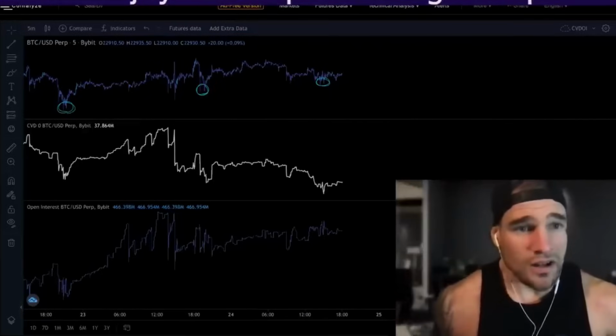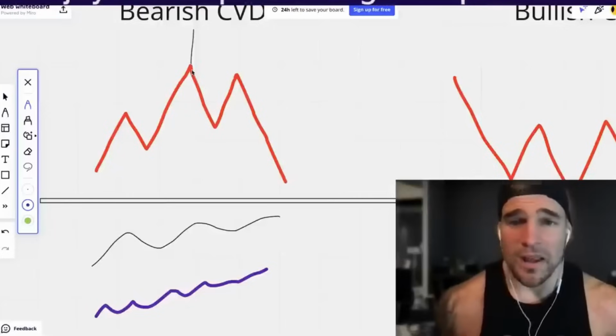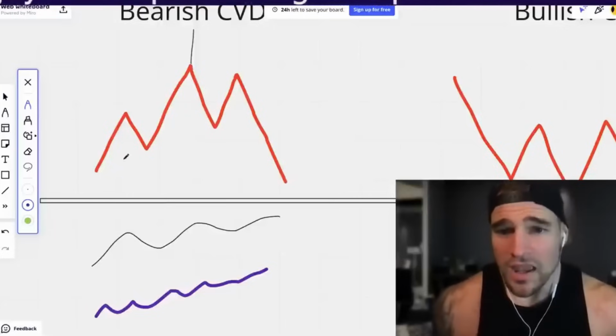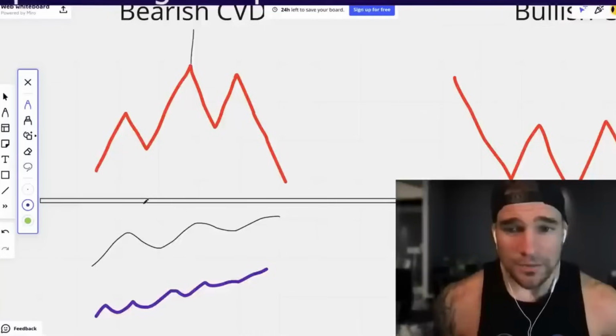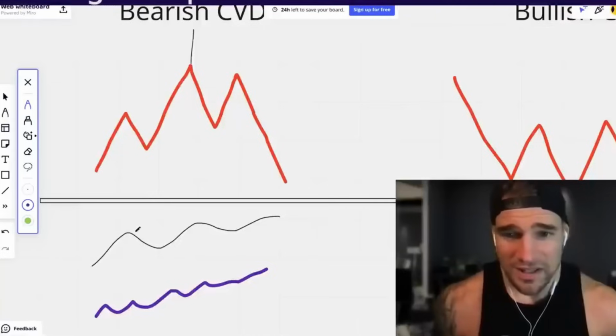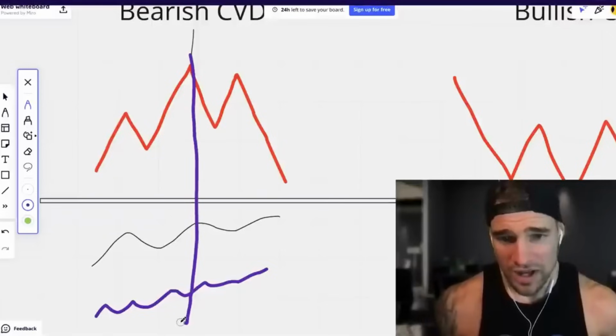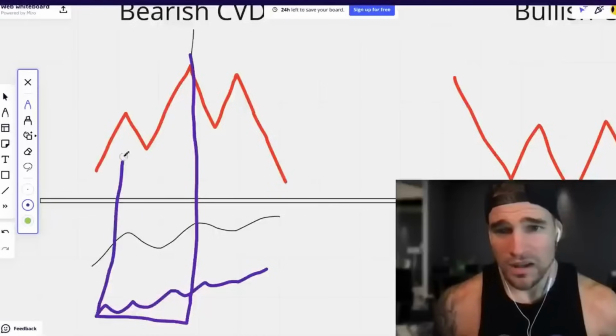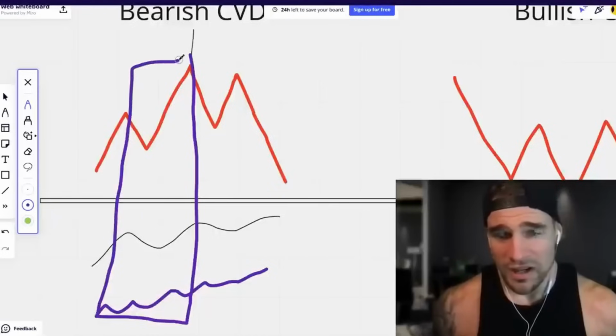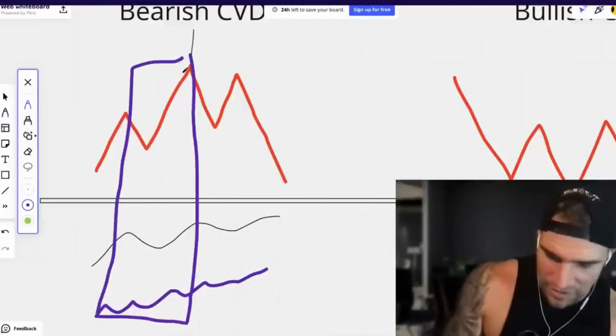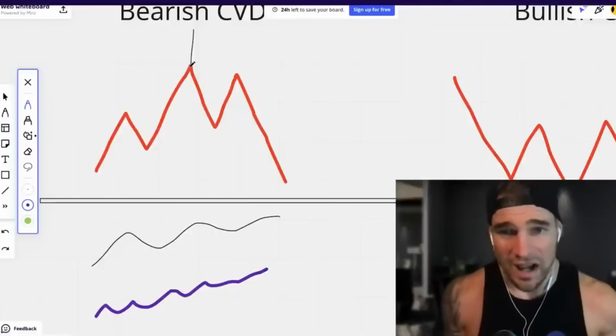So right here, this is going to be a bearish CVD divergence. If we see that the price is making higher highs in an uptrend, and we see the CVD is getting higher, and we see the open interest is increasing, we can tell ourselves this uptrend is being fueled by new traders entering into the market. They're entering long,